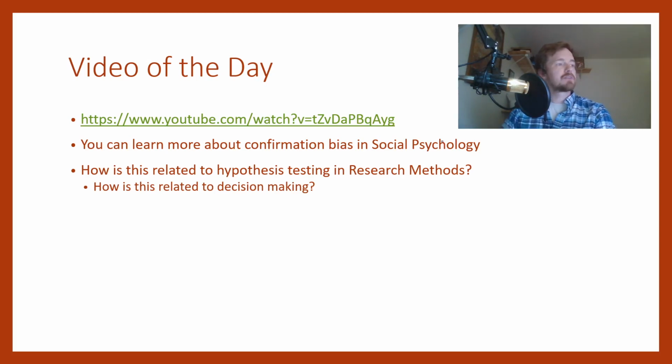So here is another video. As I mentioned, some of the things that we're going to be talking about are very closely aligned with social psychology. This video does a pretty good job, I think, of giving you an idea of how those ideas marry. In this case, we're talking about first impressions and how we think of people, and it ties that into confirmation bias, which is a cognitive bias that we're going to talk about before the end of the chapter is over. If those things interest you, I have a lot of videos tagged at the very end of this PowerPoint that I highly recommend you check out too.